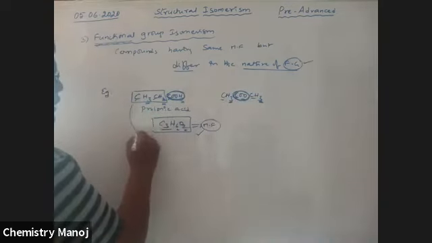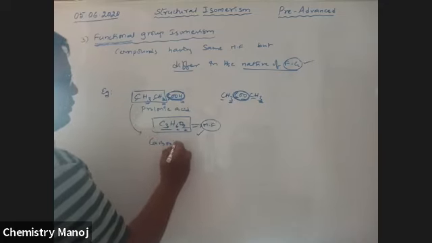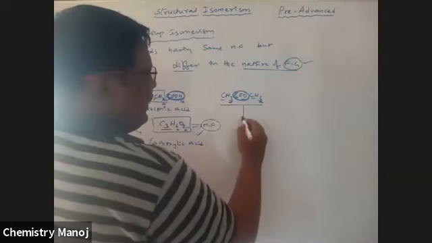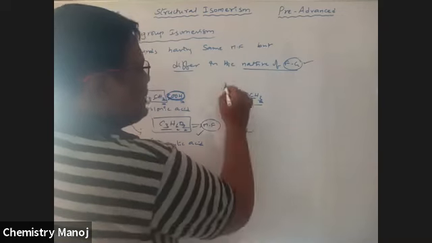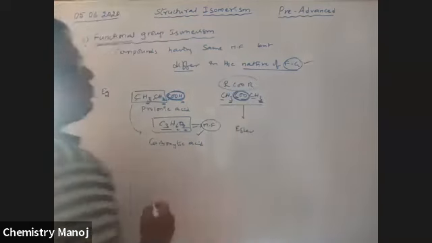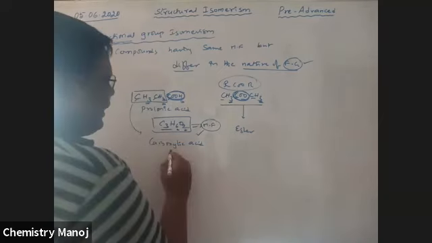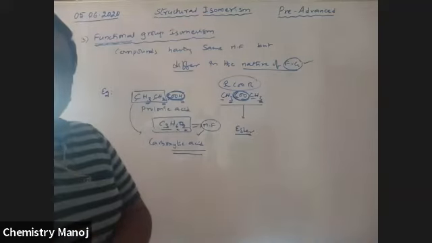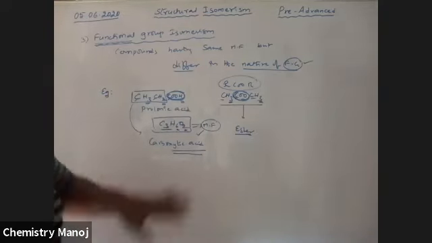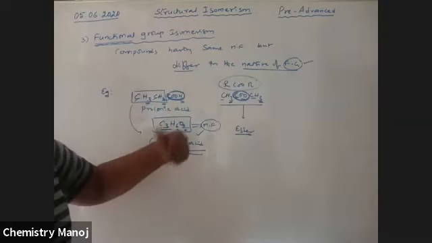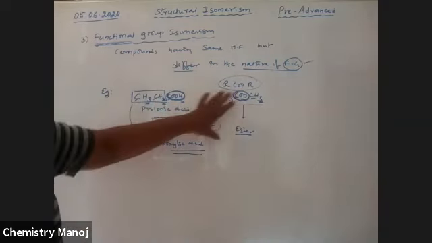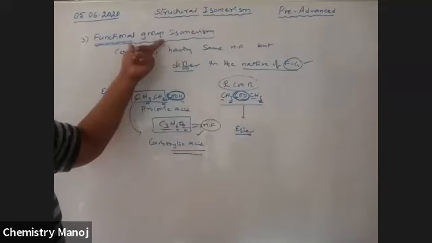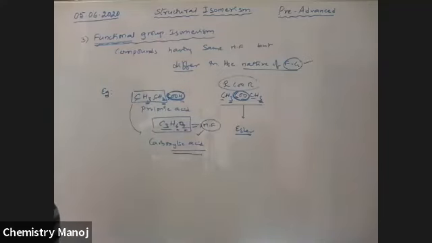So the first is a class of compound that is a carboxylic acid, but here it is an ester, RCOOR. That means the entire functional group is different, so the entire properties are changed because of the change in functional group. Therefore, these two are collectively called same molecular formula but different functional groups. So these are considered functional group isomers or functional isomers.